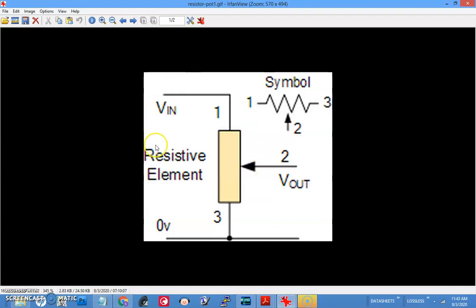Now think about this as an LM35 sensor. The LM35 sensor also gives you a voltage which is proportional to the temperature. So by measuring the voltage, you are actually measuring the temperature. That is how sensors work. Sensors convert the external world stimulus into a change in electric parameters such as resistance, voltage or capacitance.